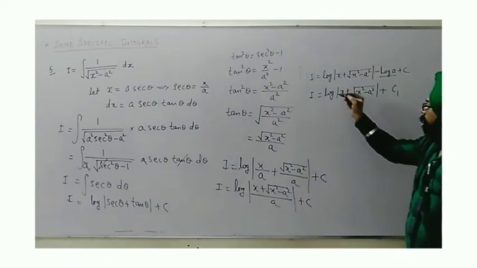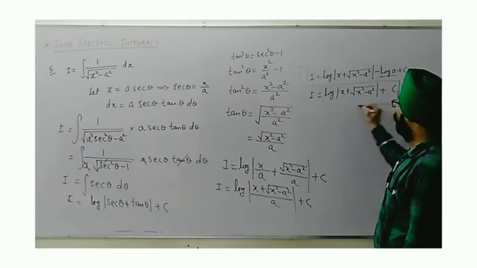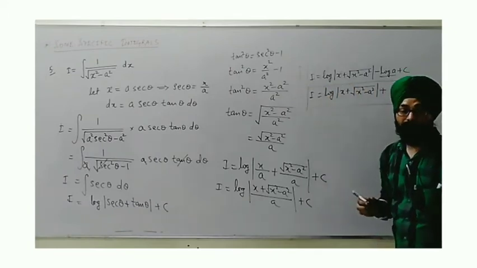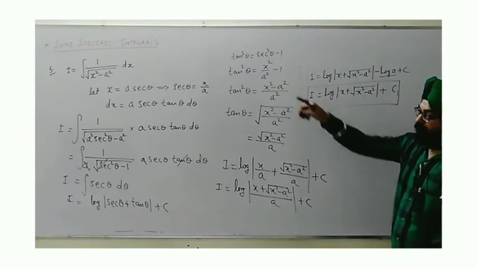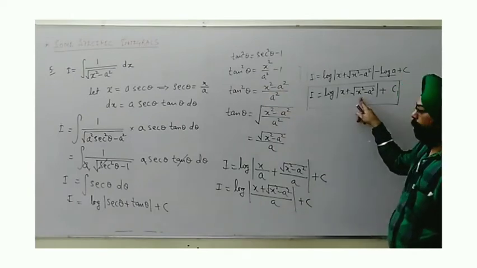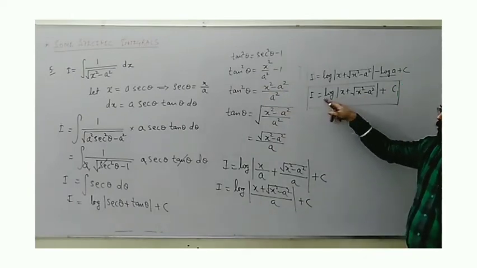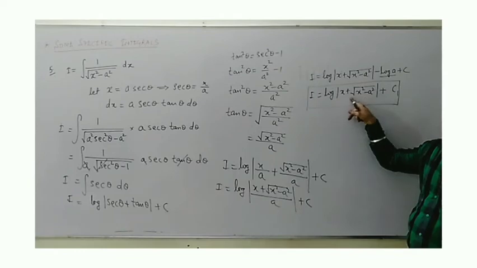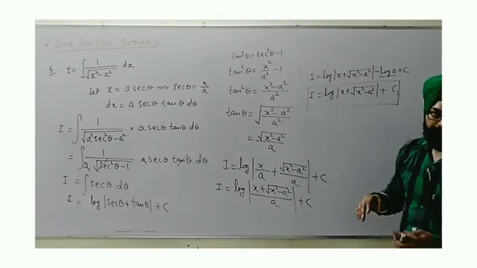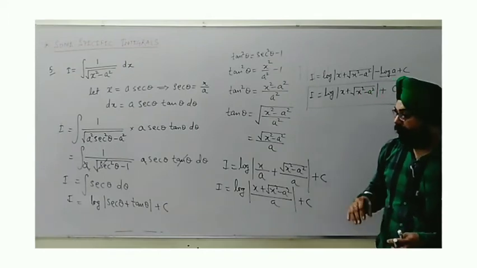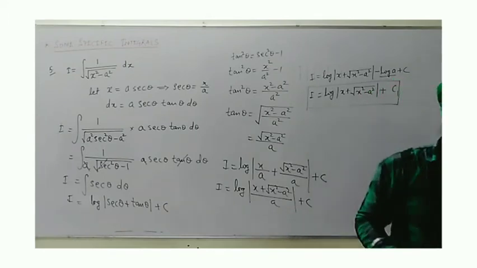So this way, it is the formula for such a pattern of function, 1 upon under root x square minus a square. Now, comparison: whatever function we are given, you can see it is repeating. The only thing is it's a log, and x plus is added to x in the formula. So this way we can understand the difference and compare with other patterns. Now the next pattern we are going to see.